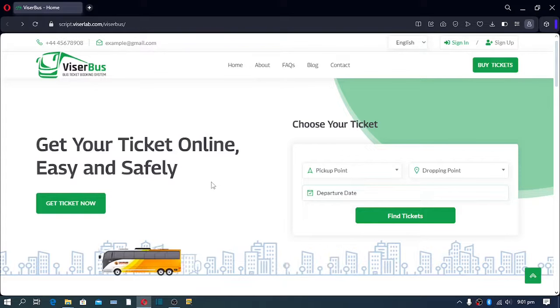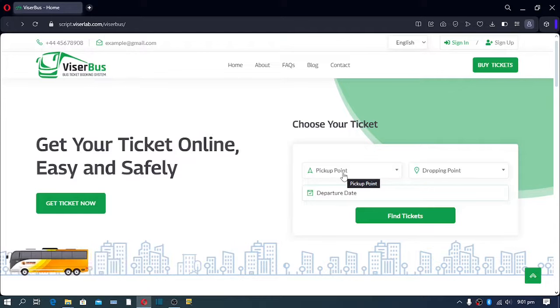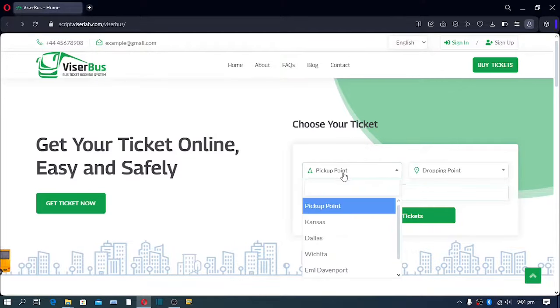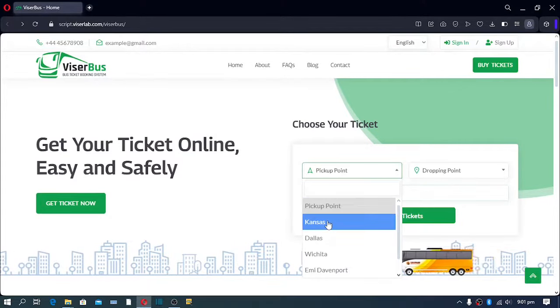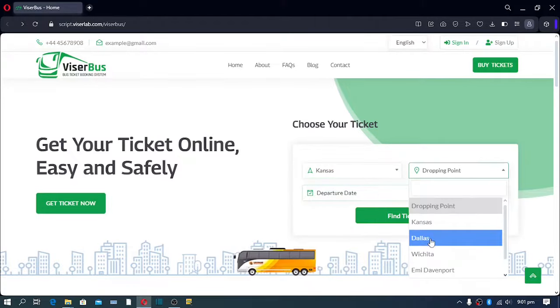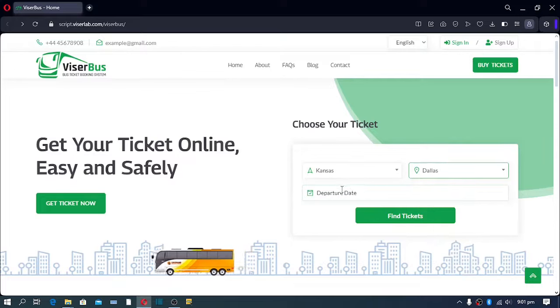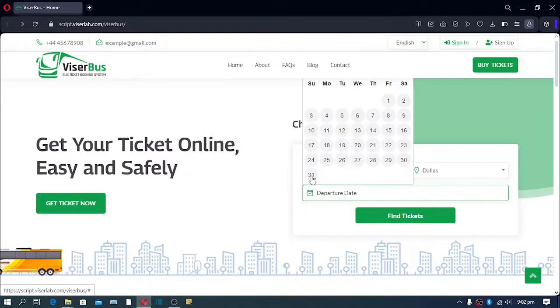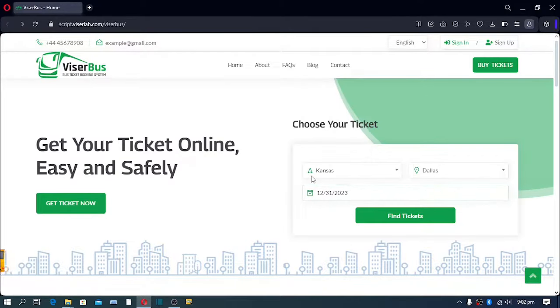Users will land on your website and pick their pickup point. So this is where they are. Let's pick their current location and then where they'll be dropping. So they'll pick their dropping point. The departure date. When will they depart? Let's pick 31st. After that, I'll click on find ticket, and we're going to get available buses or available vehicles